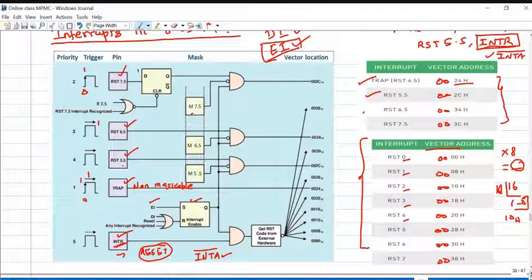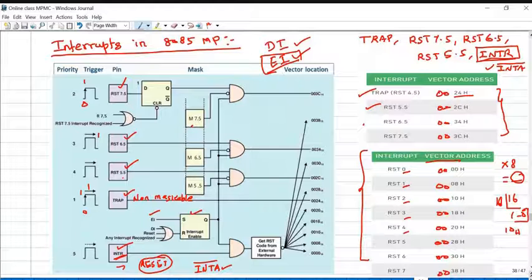So for INTR, the microprocessor proceeds either with an RST instruction or a call instruction. Call instruction means that, apart from RST 0 to RST 7, if the memory location of the particular interrupt service routine is sent by the external hardware, then the program flow transfers to that address location. Interrupt is a bit complicated topic in the microprocessor, so you have to be clear with this.